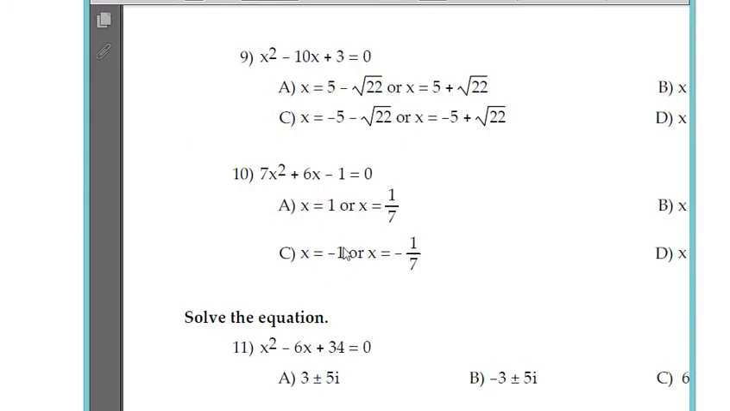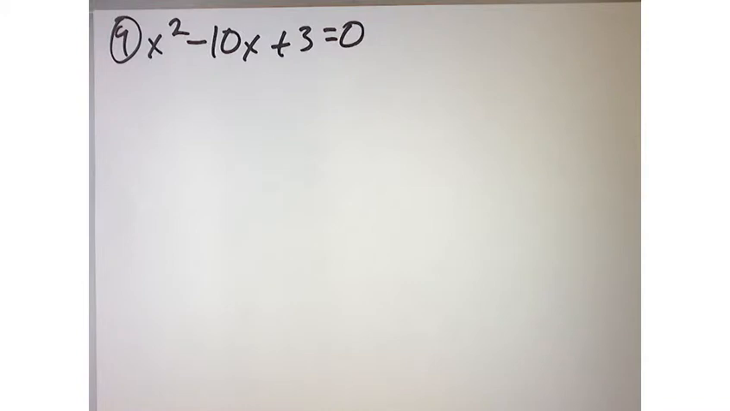Okay, let's do problem number 9. So number 9 wants us to solve by quadratic equation. So I've got x squared negative 10x plus 3 equals 0. Okay? And we're going to use a quadratic formula. So now remember, for the quadratic formula, what we need is